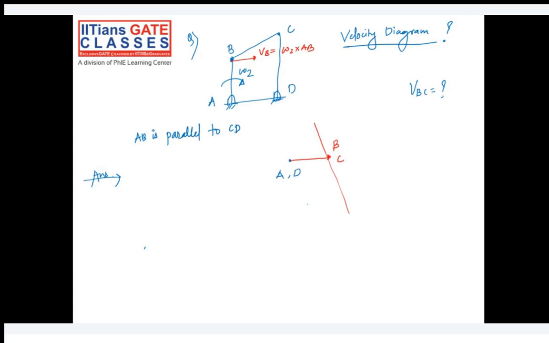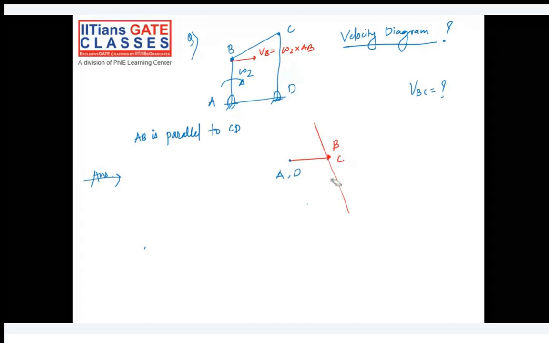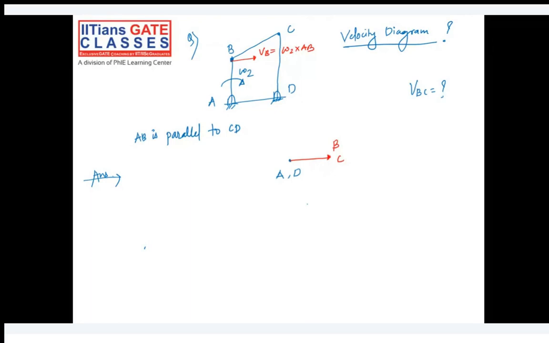Are you following? So in this case, you will get just a straight line. So I would say velocity of AB will be equal to minus velocity of CD. And in this case, velocity of BC will be 0, because this is the third link. Suppose it is the first link, second link, third link. Velocity of third link, in other words, you can say as 0, because